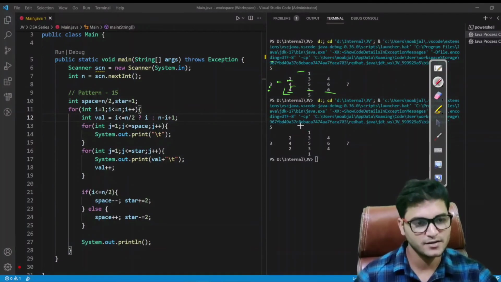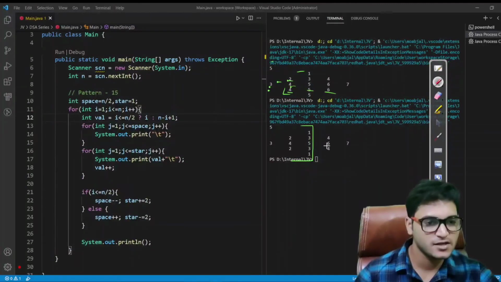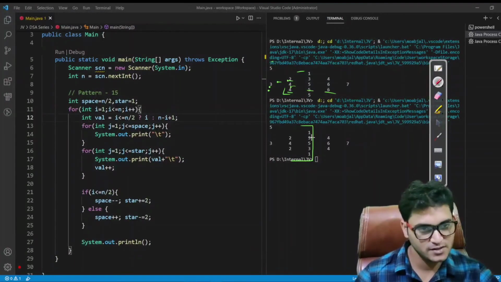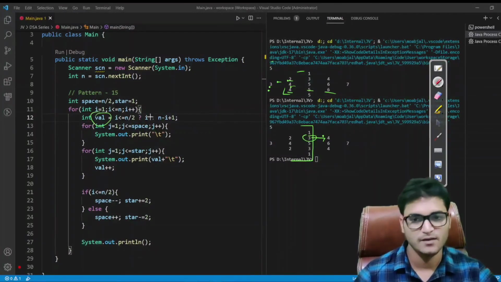We are getting the correct output for this section now: 1 2 3 2 3 3 4 5 2 3 and 1. But for this section, we are increasing the value of this counter, which is this variable, here also. But we do not have to increase this value for this section. So this is the second half of the column section.